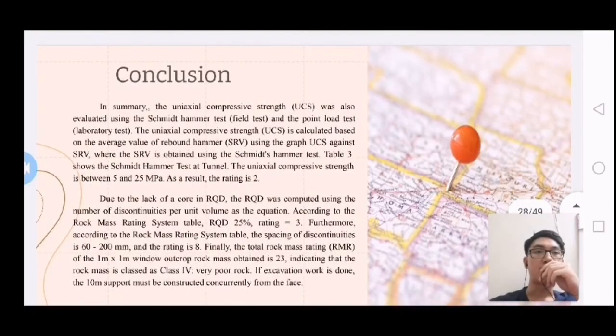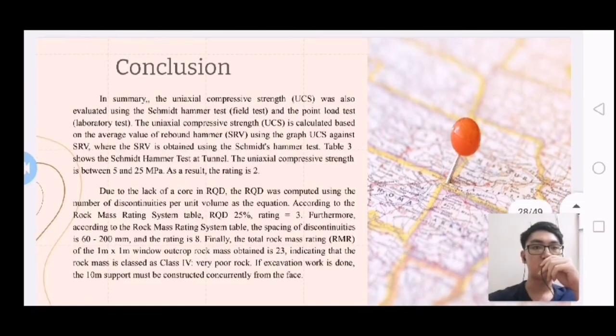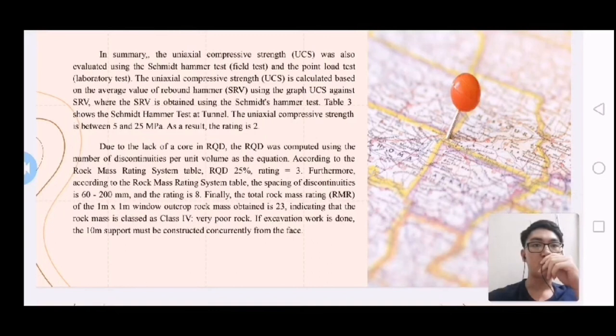For the conclusion of our project, UCS was evaluated using the Schmidt hammer test from our result and data. So the table 3 shows that our reading for UCS is between 5 and 25 megapascals, and the rating is 2. Due to the lack of core in RQD, the RQD was computed using the number of discontinuities